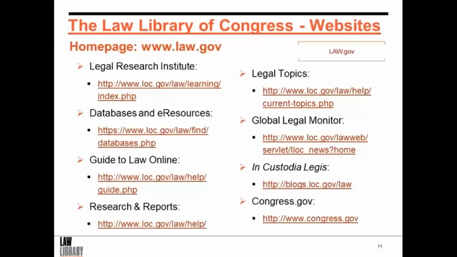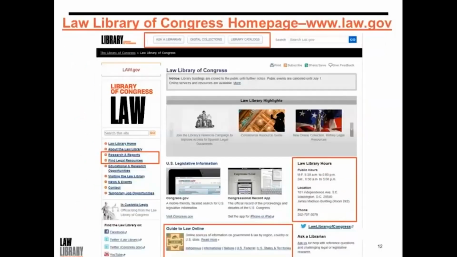In Custodia Legis, which is our blog, and is another good resource for information about library collections, legal events, legal history, and I recommend highly to anybody who has children who may be doing National History Day. And finally, Congress.gov, which is our legislative database and is one of my favorite websites personally. So here is a snapshot of our homepage. You'll see at the top